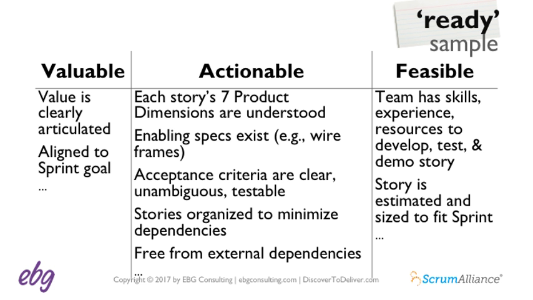Well, I said earlier, there's 3 basic elements from my point of view, that a ready item is valuable, actionable, and feasible. So here's an example you can take a look at. Now, we've had teams add criteria useful to them that resonate to them. For example, some teams put in that actionable column the INVEST criteria, or that they could demonstrate the story. And teams use different ways to denote or agree on their ready criteria.